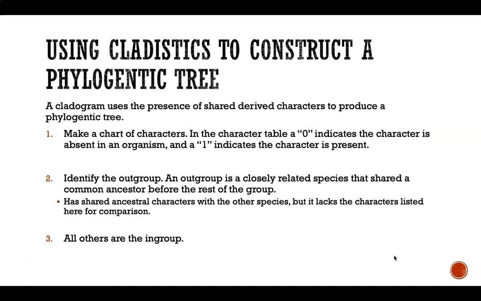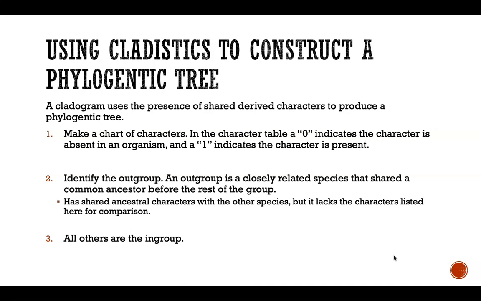So in order to use cladistics, we first need basically a table of all the characteristics that we're interested in using. Now in this table, we're basically working in ones and zeros. If the organism is labeled as a 0, it means that that characteristic is absent in the organism. If they're labeled with a 1, it means that that characteristic is present. So after we have our chart of characters, we need to identify an outgroup. So an outgroup is an individual that you know or hypothesize to have shared a common ancestor with all the other